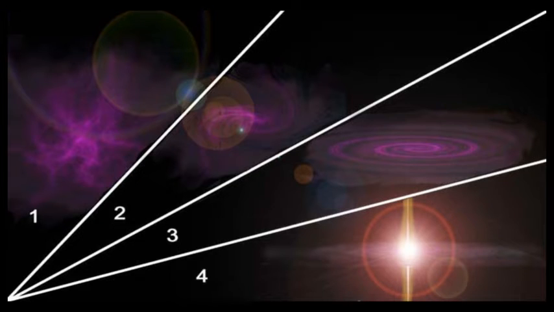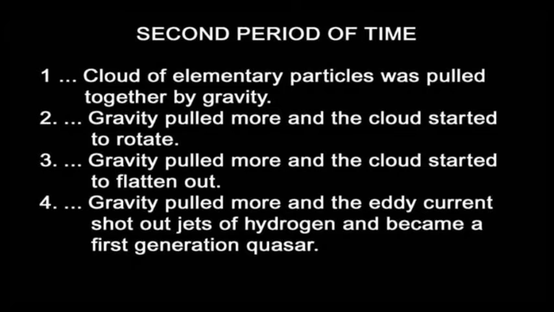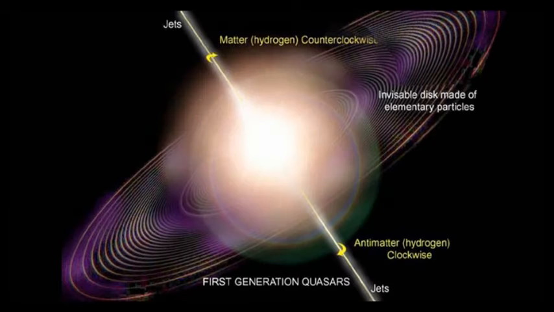So hydrogen atoms fill the universe. The top of the quasar produced hydrogen and the bottom produced antihydrogen. So you had matter and antimatter being produced throughout the universe with zillions of quasars. These were the first generation quasars, and they were actually seen and photographed by the Spitzer telescope. And they didn't have a visible disk. They just had the jets. They had the bright, brilliant light and jets that